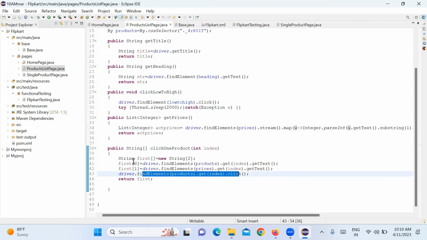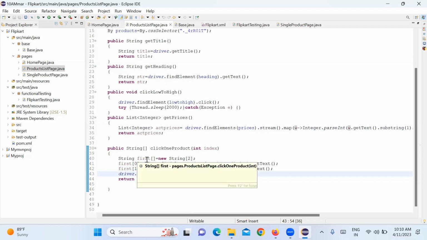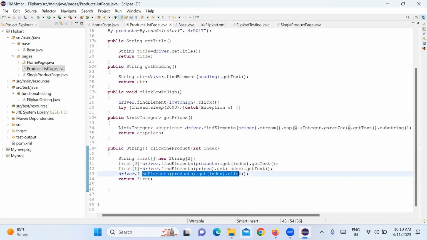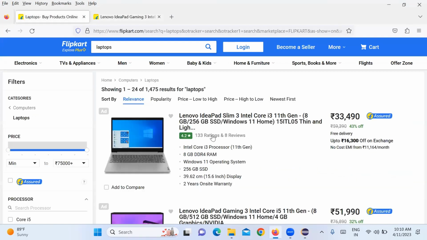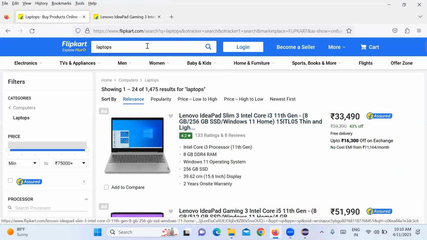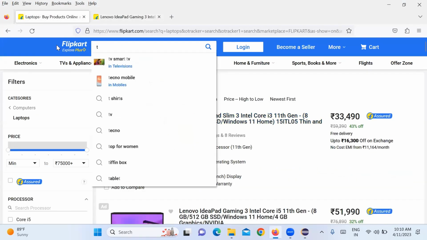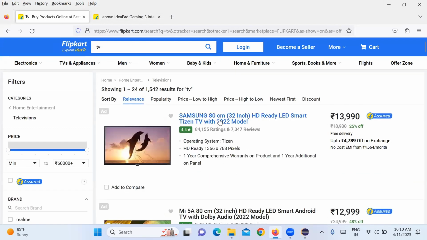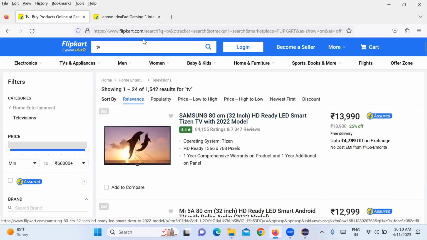So two values unnaye kabatti both the values I will take into one array. Okay, so daniki logical ga emi ichha? Name. This is the first page, right? Yeah, so edanna chinnadi edanna search cheddam. TV anukunte, yeah, this is the name and this is the